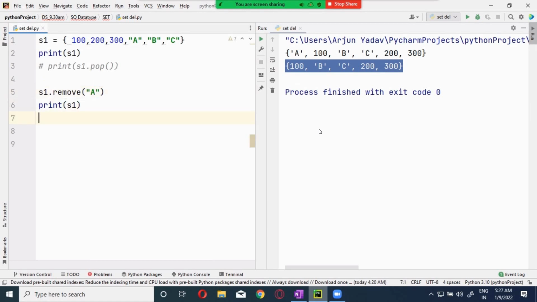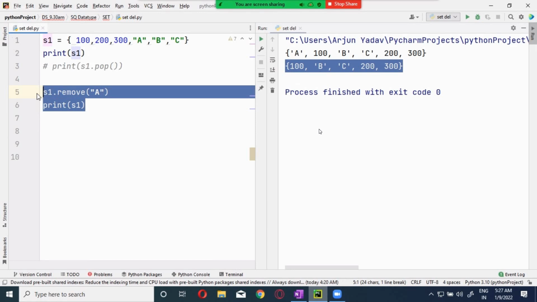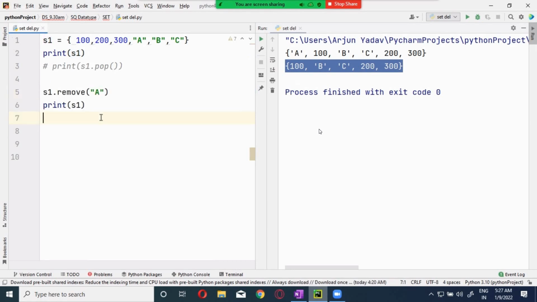If I am doing the same thing with discard, you can do it with discard also, guys. Similar thing. It is very, very similar.